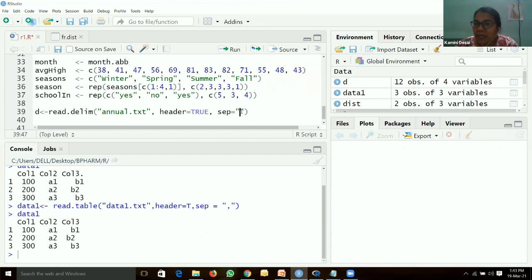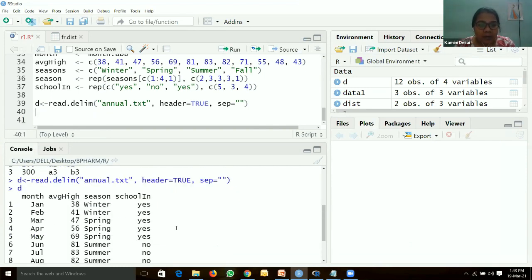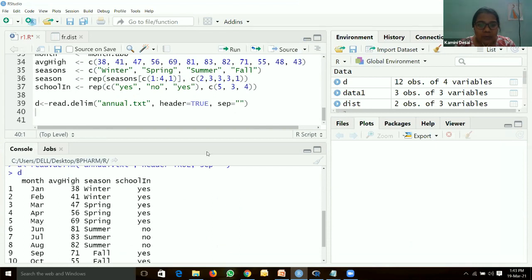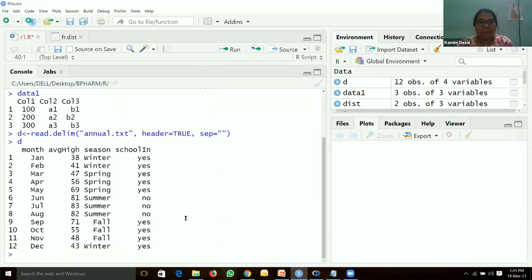Separated, there is no comma, so I have given only white space. So just type this command. You can see the data. Are you able to see the screen? R console. Yeah. You can use read.table here as well.